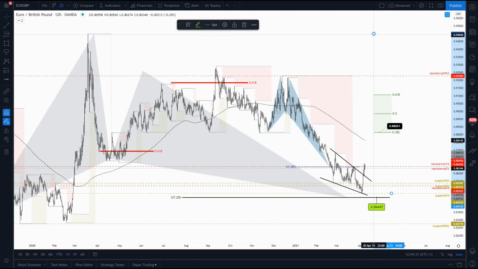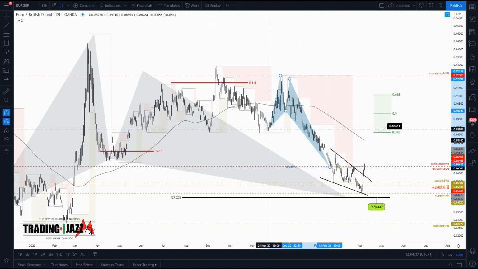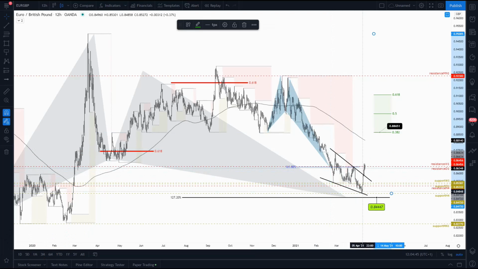88.65. In fact, let me correct this, because if I want to identify the potential target for this pattern, the pattern was invalidated because, as we can see, the market was pushed quite below the completion point. But because we have a monthly fractal there, that previous structure highs, I will not ignore